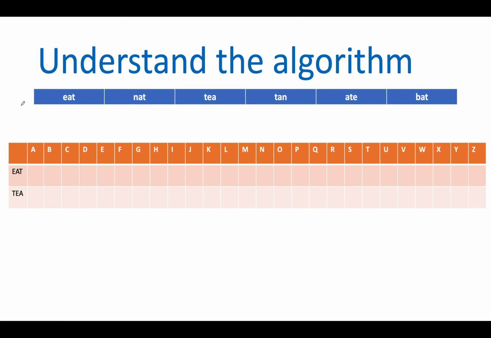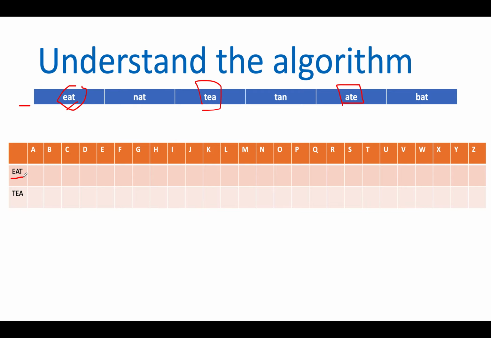Let's take the same example that was specified in the question: eat, nat, tea, tan, ate, bat. If I can build a particular kind of string such that it represents the identifier for all the characters in the input string, my work will be done, because the same set of characters would be there in tea, the same set of characters are there in eat. So how am I going to build that string? It would be nothing but the frequency count of each character of English letters.